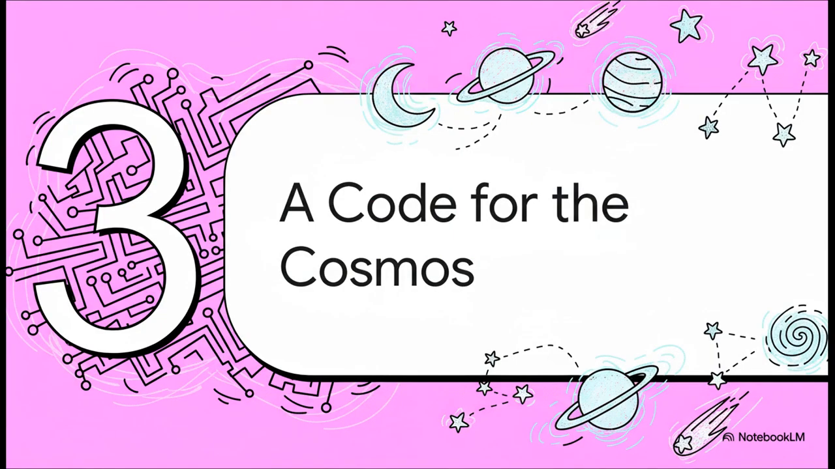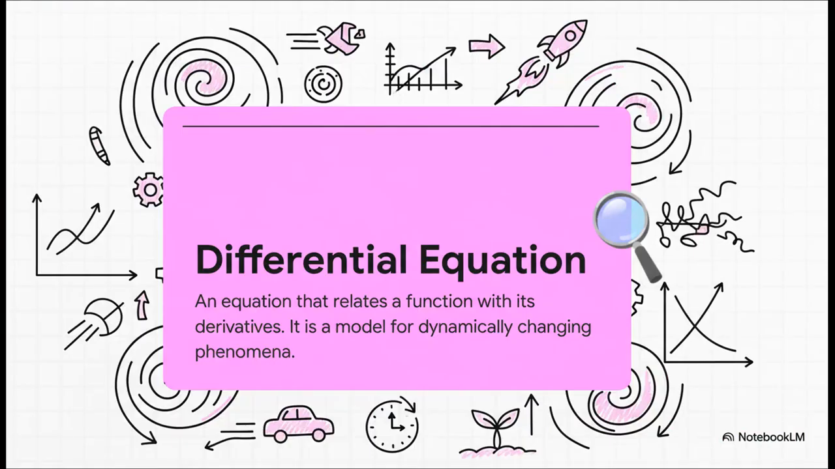Okay, so let's zoom way, way out for a second. Because this language we've been talking about, it's not just for electronics. It's a code that helps us describe the entire cosmos. So what's the official textbook definition? A differential equation is simply an equation that connects a function to its derivatives, its rates of change. Put simply, it's the most powerful tool humanity has ever invented for modeling anything that grows, shrinks, moves, or evolves